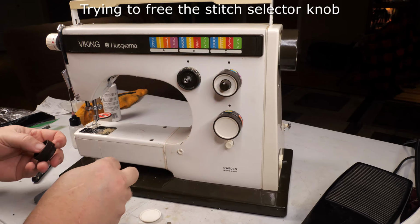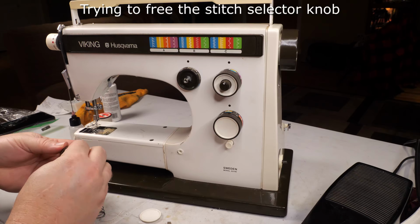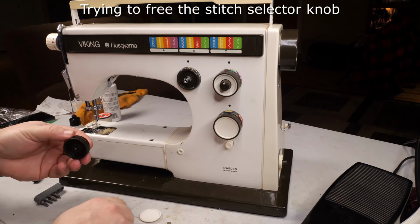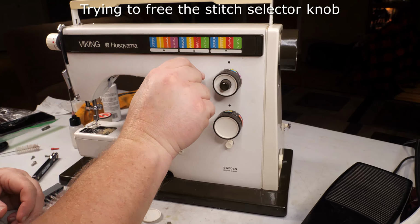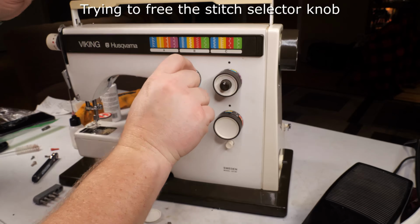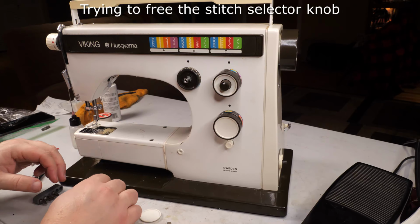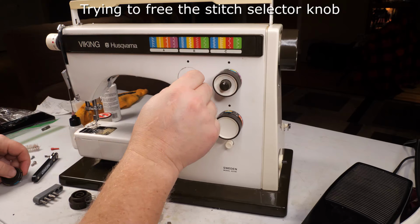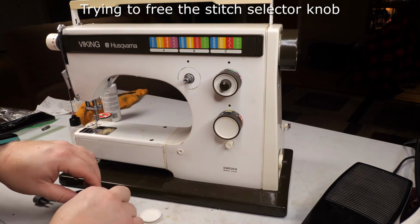So anyhow, I continued oiling this and trying to wiggle it a little bit and get it to go, and it doesn't seem to be moving. So I stopped to look at the service diagrams I have. Again, the service diagram wasn't very helpful, so I'm letting it sit